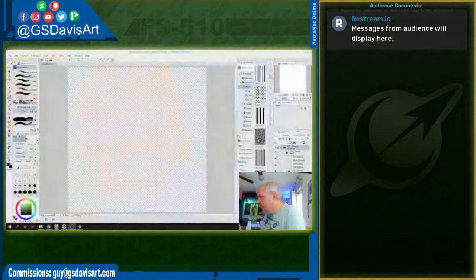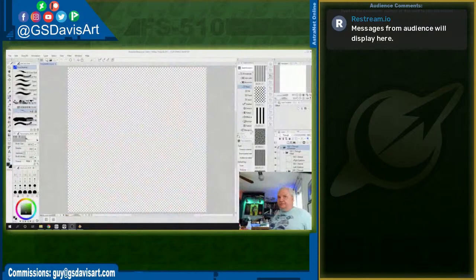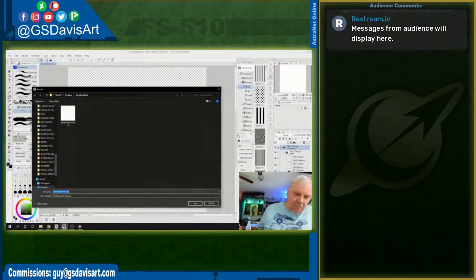So here we go. I'm going to go ahead and first find my mouse, switch to the monitor. We have two different versions of this puppet that we need to make. We need to make a side view of the puppet. We need to make a forward view of the puppet. So this is going to be saved as,